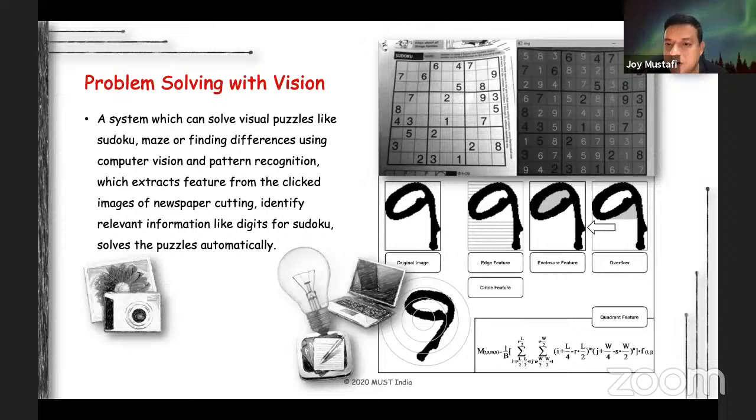I don't need a solver robot on behalf of me because I love to solve Sudoku, so why would I need a robot? But the thing is, number one, whether we can have such kind of technology which can solve this, just to show yes we can do it. And second, we can have a step by step solution as well to teach someone